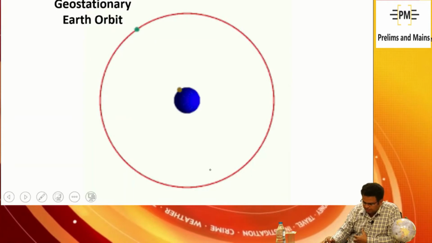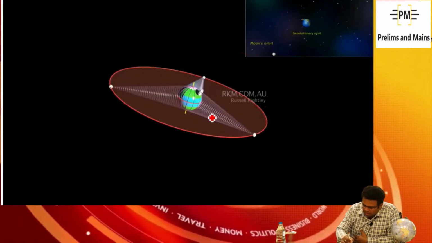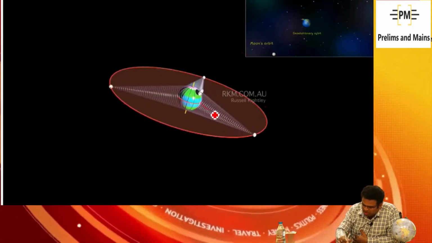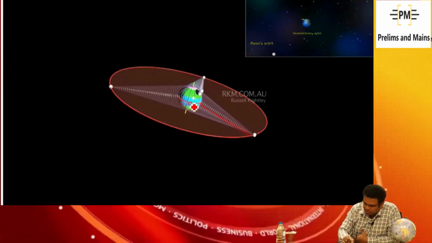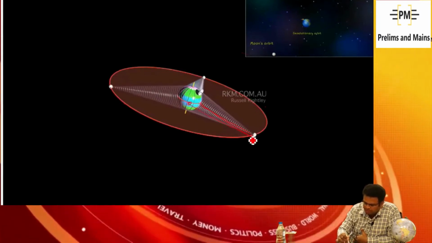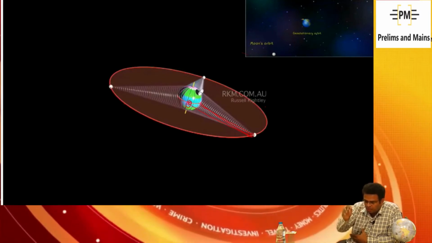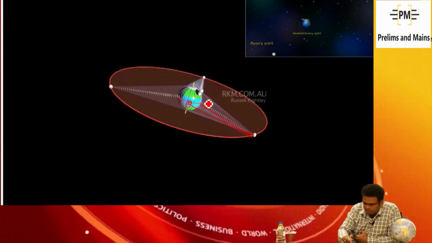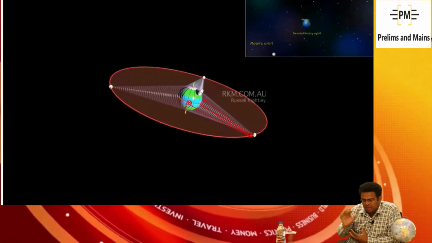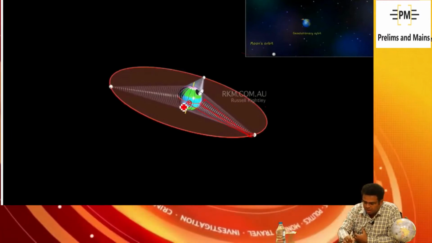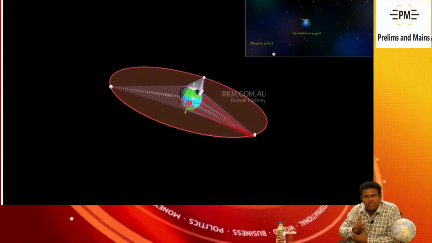With respect to this position it is always here, with respect to this position it is also always here. If you are watching from here, it will always look at the same angle. From this position of the Earth, this satellite will never change at any time. Any point on the Earth, if the satellite is visible,